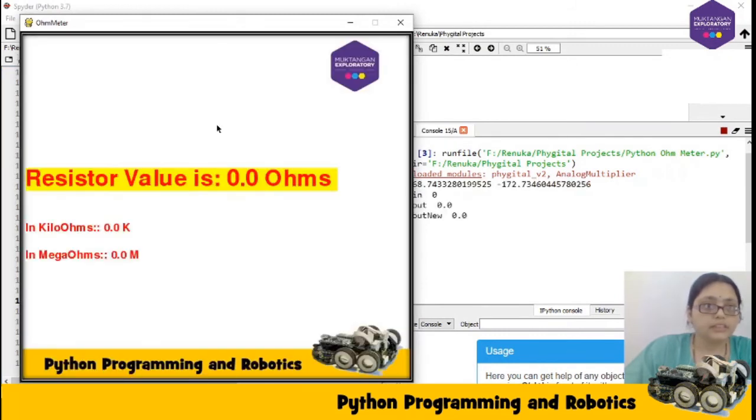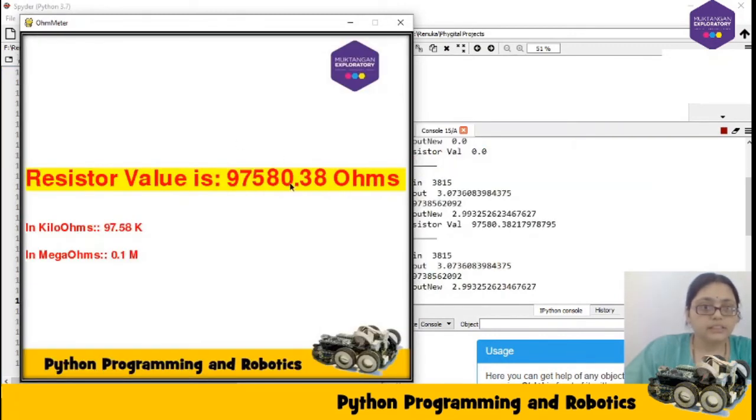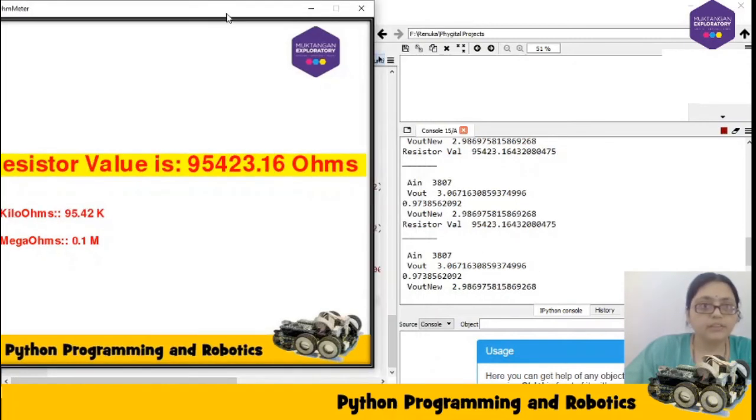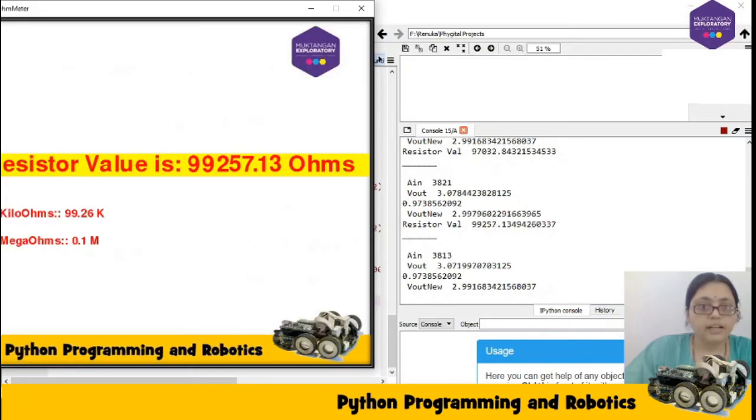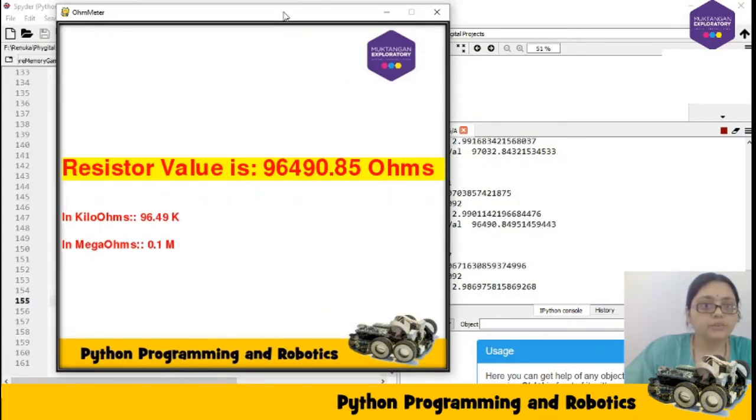So this is the screen. Initially it is showing 0 because it is not getting any reading. You can see over here we are getting the analog input, and depending on that we have done lots of calculations to calculate the resistor value, and this resistor value depends on the analog reading that we are getting.